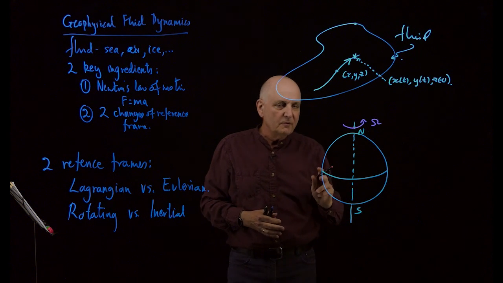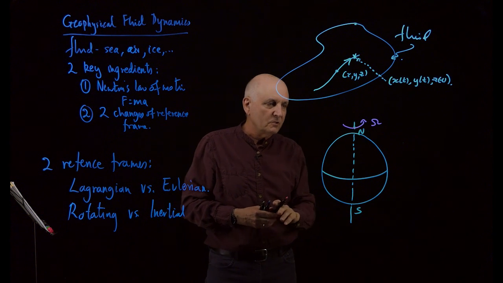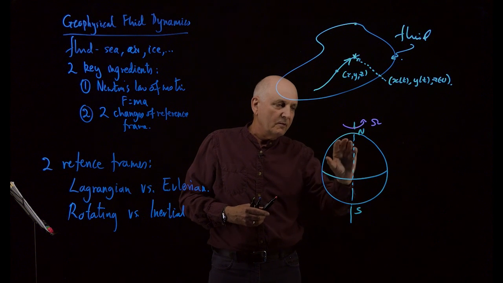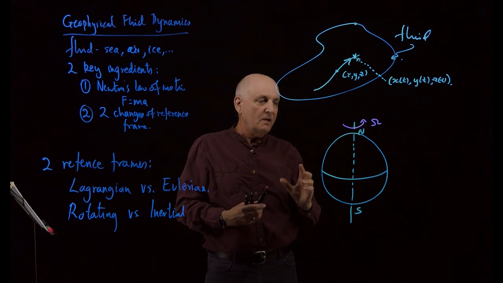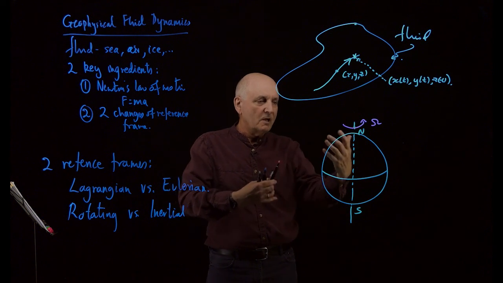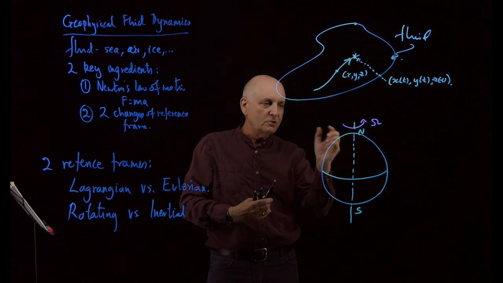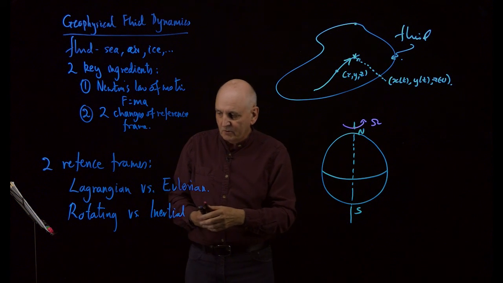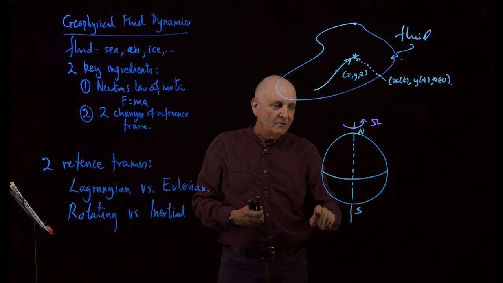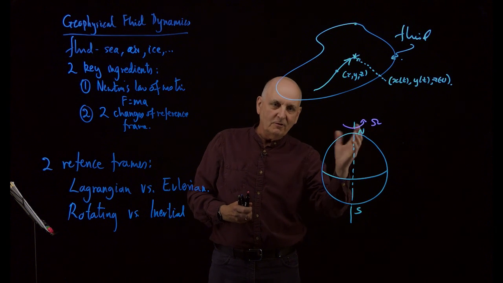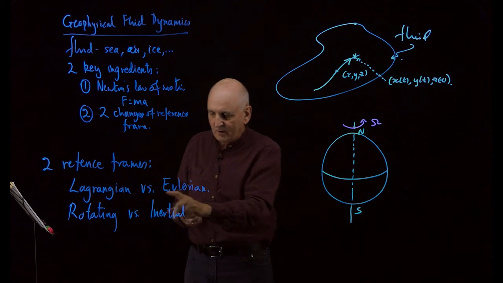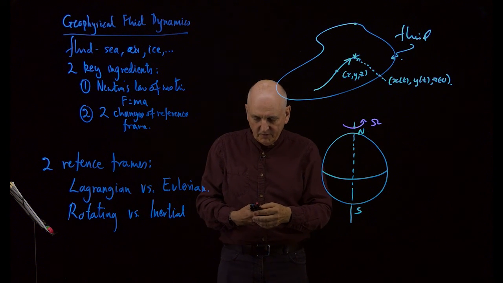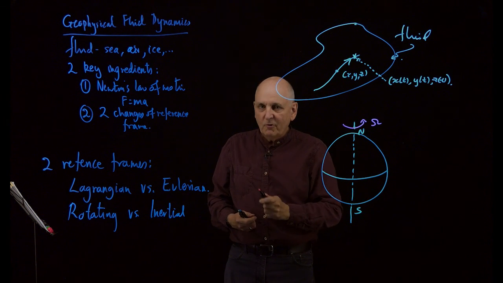So now there are two different ways to formulate the equations. One is imagining that you are rotating with the fluid sitting on the Earth. The other is that you're standing outside watching this whole thing and watching the fluid rotate along with the Earth. So the rotating frame is where you're sitting on the Earth and you're rotating with the fluid. The inertial frame is where you're standing outside and you're watching the whole thing. So somewhat ironically,